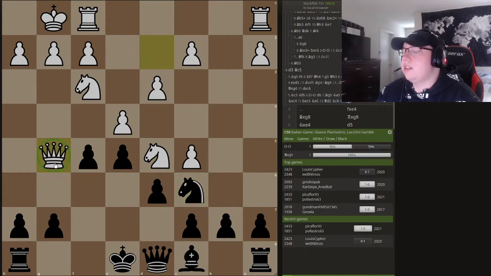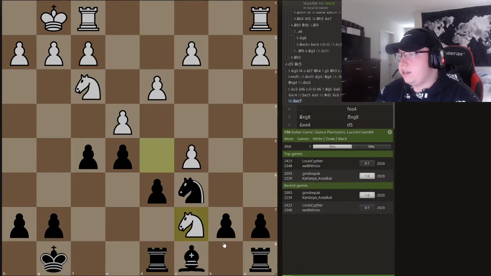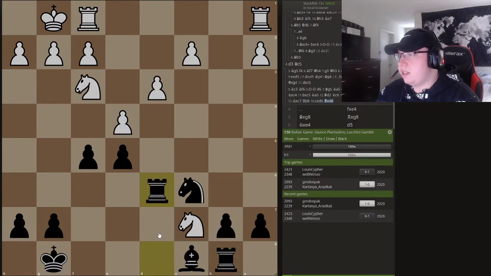And the whole point is white's just going to trade the queens and win c7, which is kind of ugly. So basically you would just castle, takes, knight takes c7, hits the rook, you move the rook, and then you just have to play this position. I think the move is white will take on d6, rook takes on d6, and it looks slightly better for white,